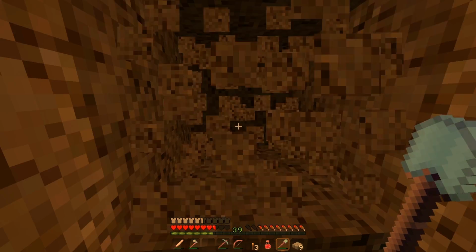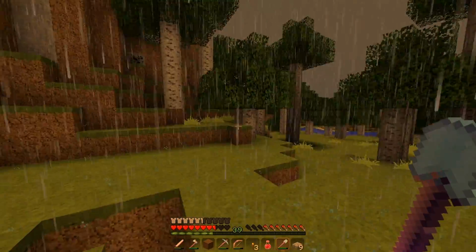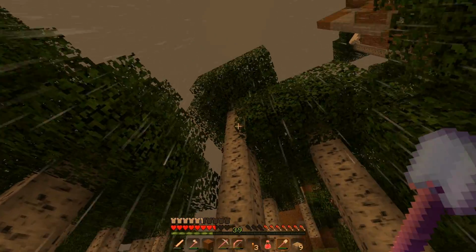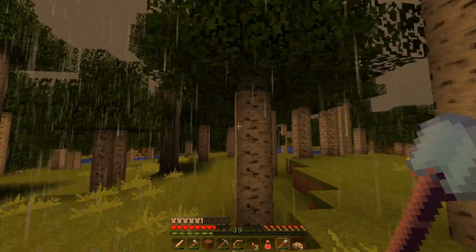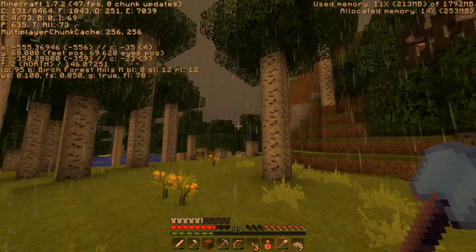oh, we're just out of ladders here, huh? Let's make a staircase up here. Wonderful place. I love birch forest because of the very tall birch trees. It's really cool. Okay, let's get back to minus 100, minus 100. This should be...